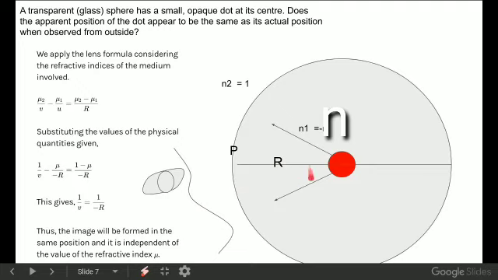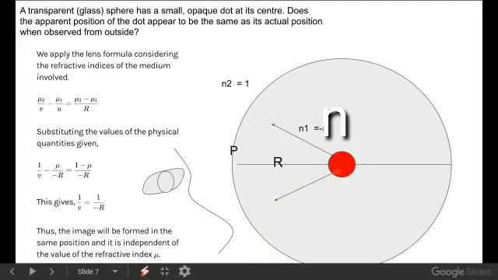So the light rays are first moving in the transparent sphere. So the first medium is this transparent sphere. The refractive index of the first medium is n, and the second medium is air, so the refractive index of the second medium is 1. Now here the dot is located at the center, so this dot is acting as the object. So this is the optic center. So what is the object distance? The distance from the optic center to the position of the object is also equal to the radius of curvature. Remember that. So here the object distance is equal to the radius of curvature.